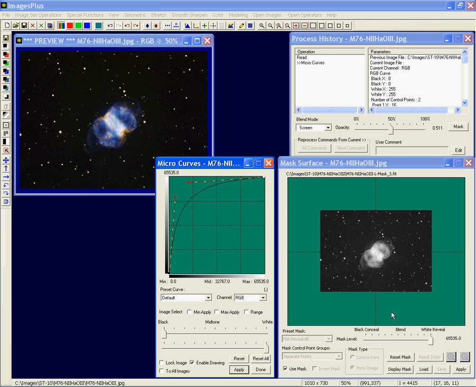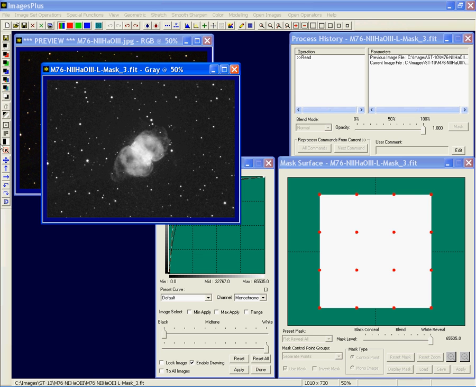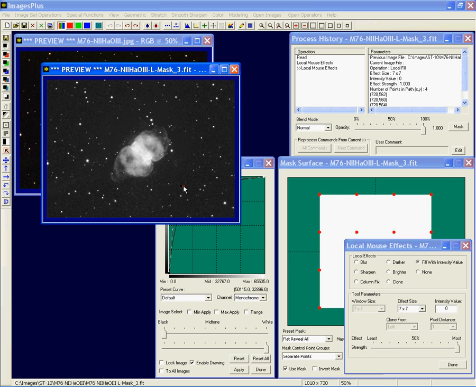Well, now at this point you can display that mask. Let's go back down to 50% display, and maybe I don't want to affect a couple of the stars. Well, you can use the painting and get that effect size up a little bit and get rid of some stars. Now when you save that mask, that particular star won't be affected. You could use the blur option here to blur that in a little bit. Perhaps you don't want to change the center of M76 as much. Okay, well, let's make it